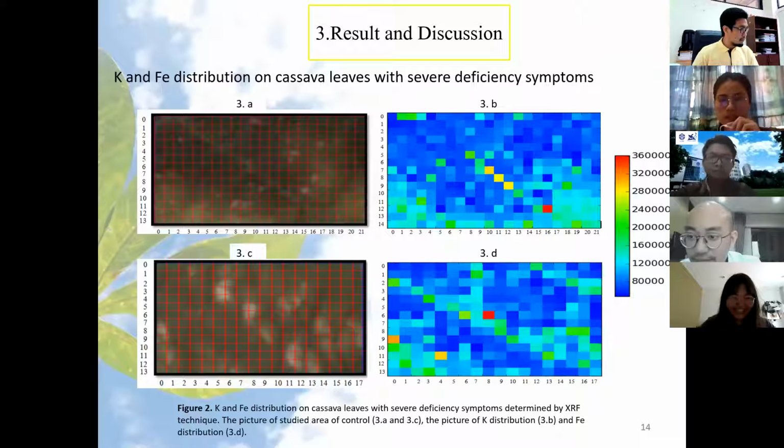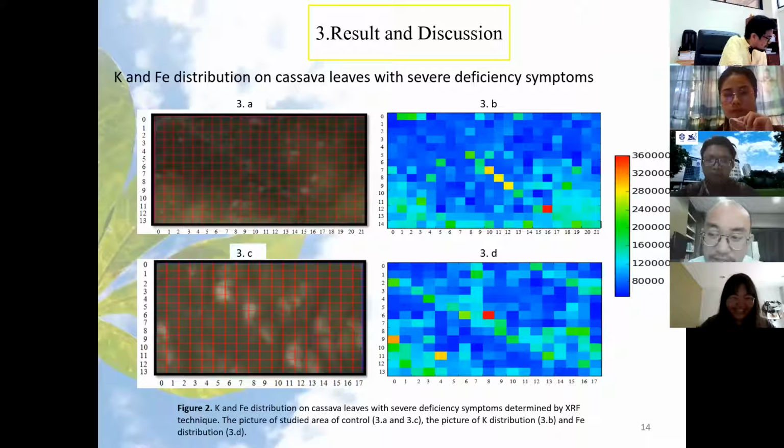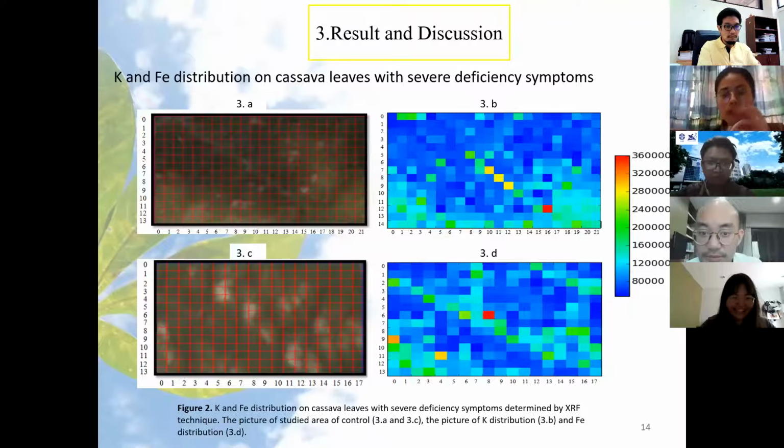Here is the vein leaf. You can see in the picture, the leaf. Before, yeah, leaf, vein leaf, and here is a severe potassium. Here is the severe iron. You can see here it is very low, very high, because the